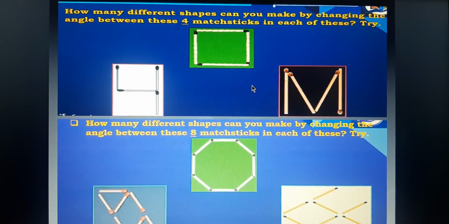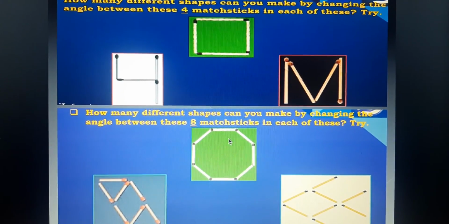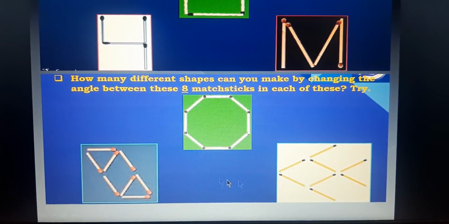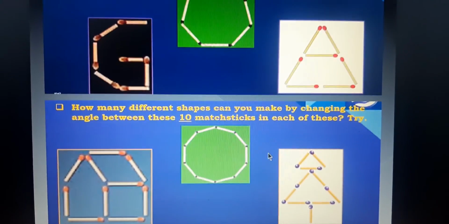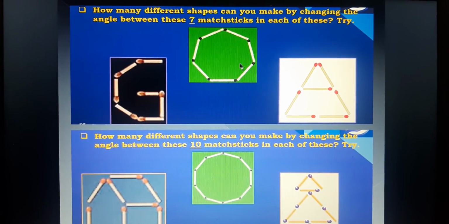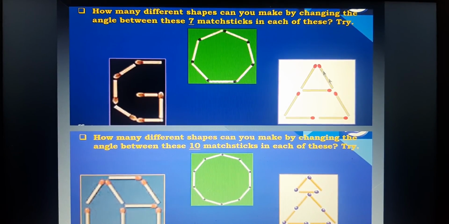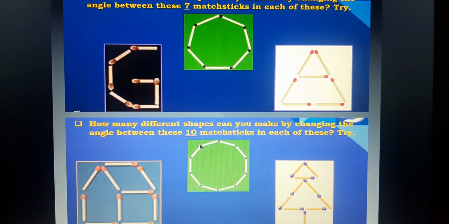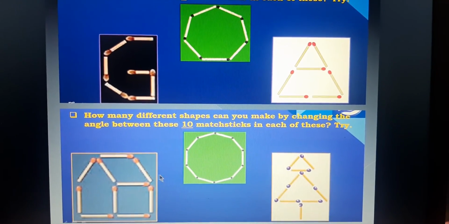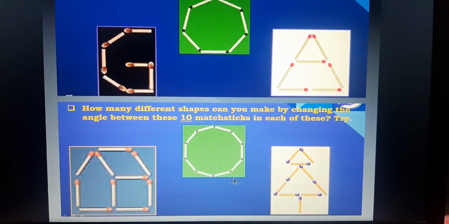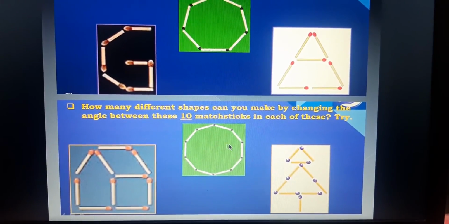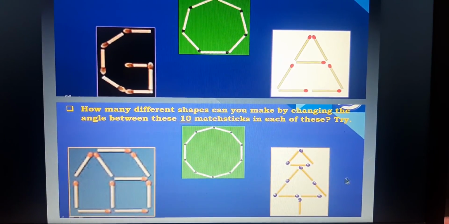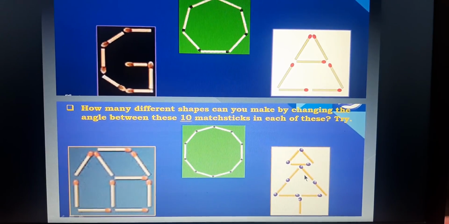Next, eight matchsticks they are using, it is an octagon, right? So you can form shapes in this way, you can see here, right? Next one more is given with the 7 matchsticks, that is a heptagon, you can make a G and one triangle inside with one more line here, right? Next one more is given, a decagon, 10 matchsticks, right? Other than the shape given for the decagon, you can make these kinds of shapes also using the same sticks here, right?